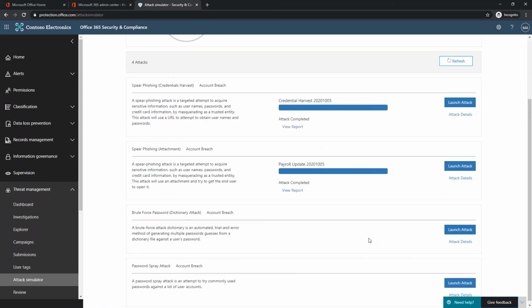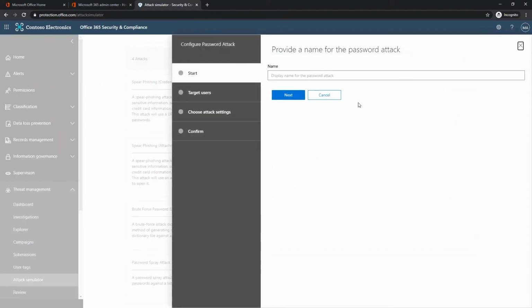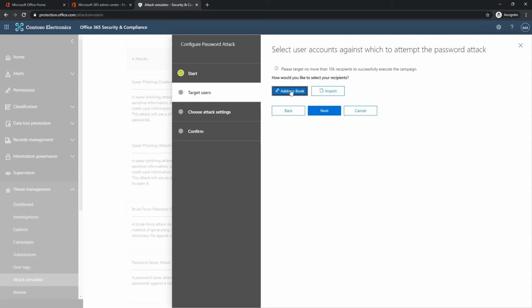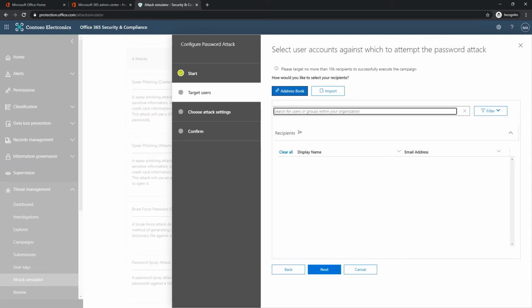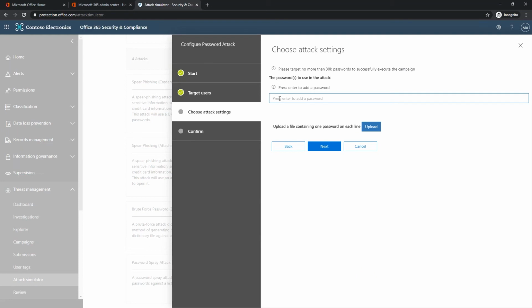For this case, we're going to go ahead and do it. I've got a simple dictionary file that I've added some things to. So let's call this pass attack. Give it the date. How would you like to select your recipients? We're going to go straight for Megan on this one because we knew she's been phished. Let's see what her password looks like. We're going to hit next. Now we can enter single passwords, or we can use a dictionary. I just grabbed a real small 500-word dictionary file, changed Megan's password and added Megan's